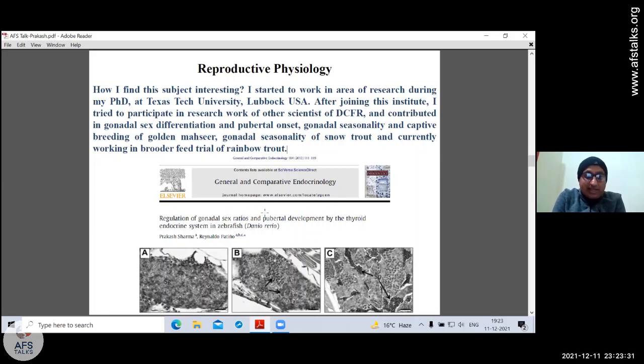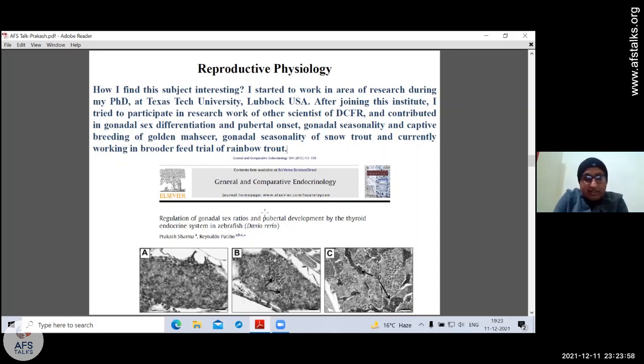We inhibited the thyroid and we supplemented the thyroid, and we found that the inhibition of the thyroid led to female formation in zebrafish, and supplementation of thyroid skewed the population towards the male,